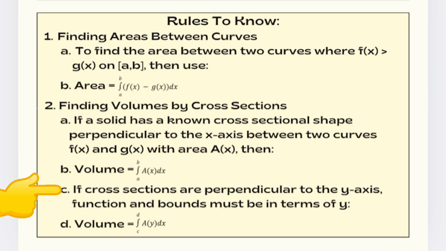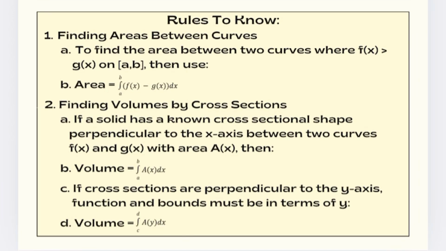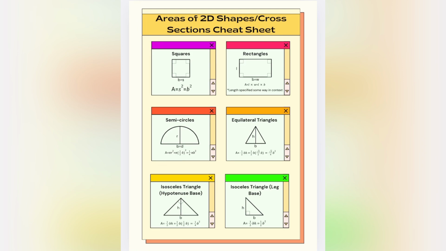Now the same thing applies with cross-sections perpendicular to the y-axis. It's just that the functions and bounds must be in terms of y. And lastly, saying perpendicular to the x-axis is equivalent to saying parallel to the y-axis, and vice versa. So to solve these problems, you need to know all of these areas so that you can calculate the area